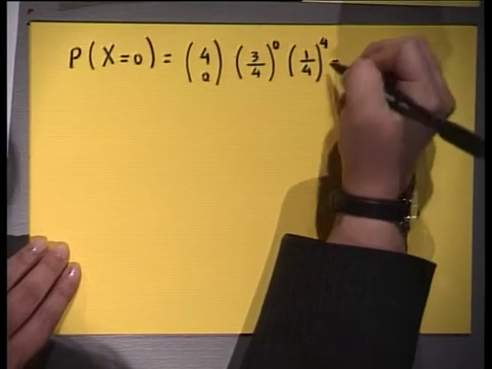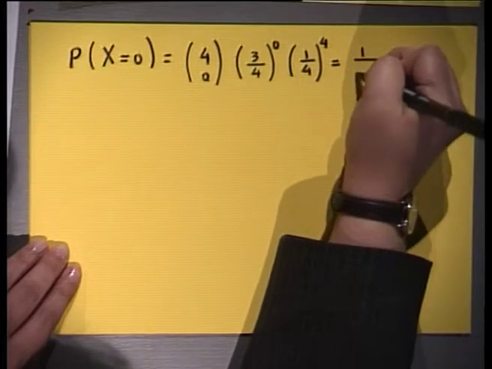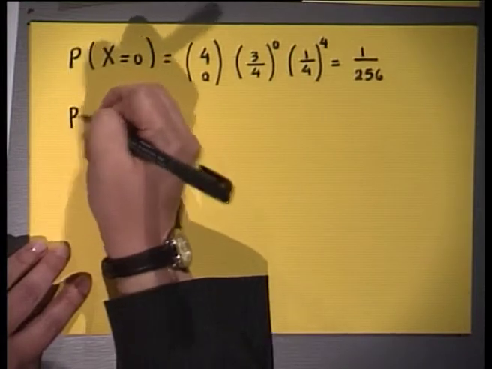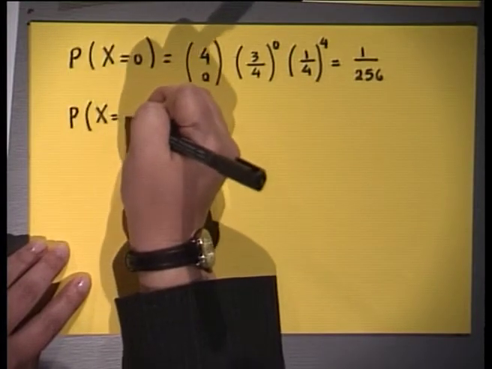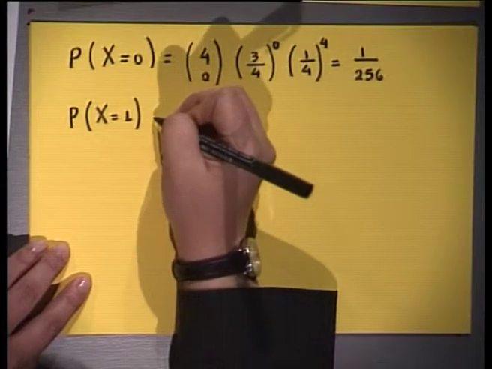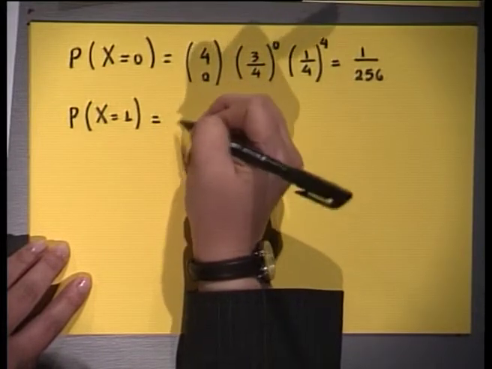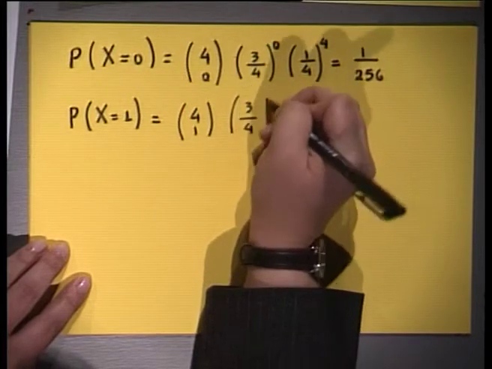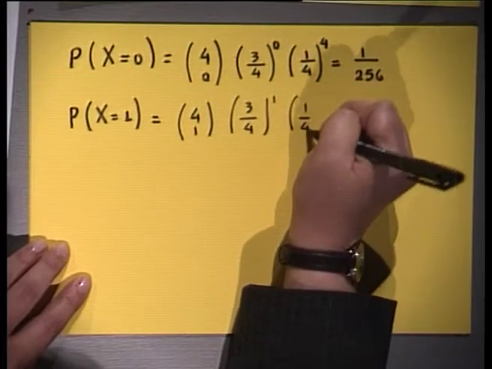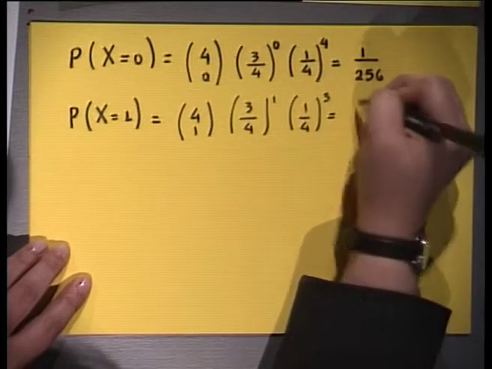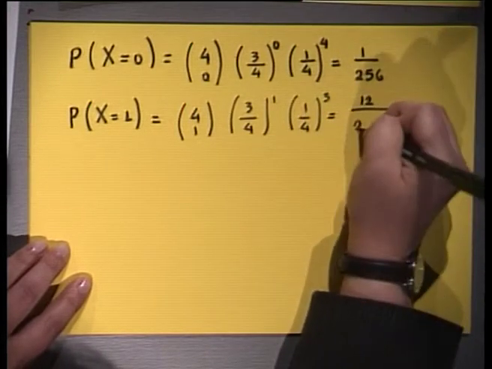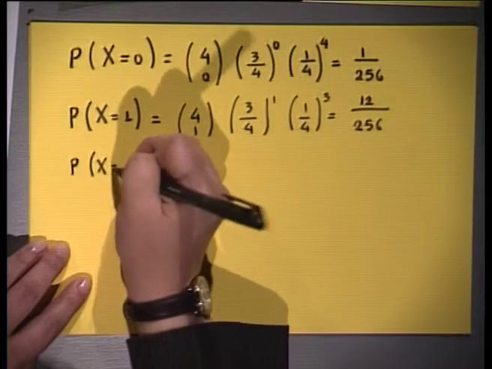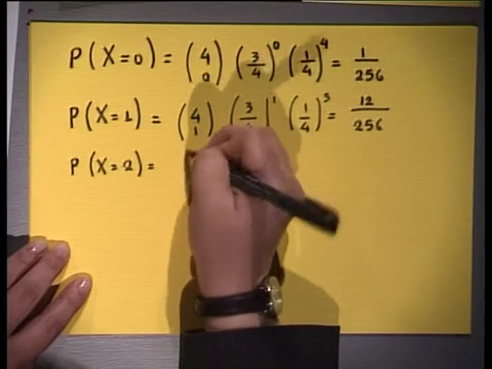So this we can calculate is 1 out of 256. Now the same way we can write down the probability for X equals 1. If we do the calculations, this is equal to 12 out of 256. The probability of X equals 2 will be equal to